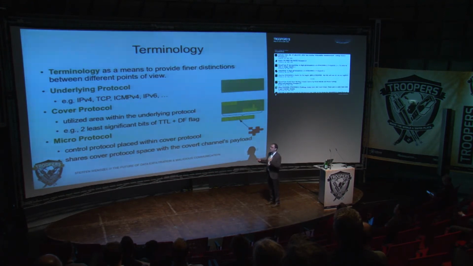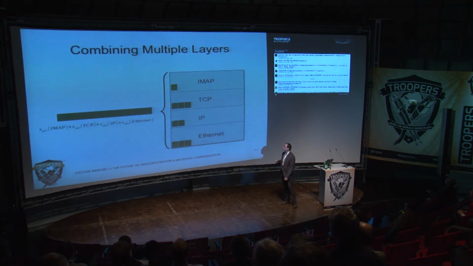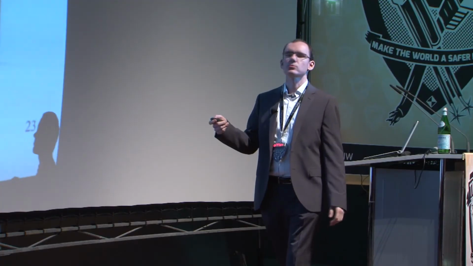It's called micro protocol because it's tiny. We only have a very limited space. This is why we need very space efficient protocols, because this space is not just for the micro protocol, it's also for the payload. If you have only 3 bits, you don't have much space for a protocol, and if you also want to transfer payload, you have a problem. So you need to develop very tiny protocols. One layer is usually, in that case, not enough to provide enough space, so we combine multiple layers to one bigger Covert protocol. Of course, it depends on whether you need routing or not, so you probably cannot always use Ethernet.